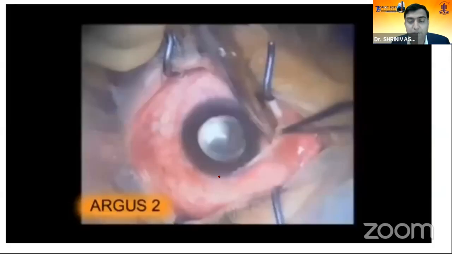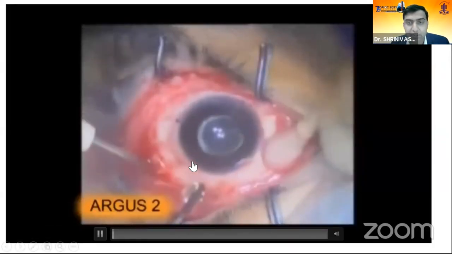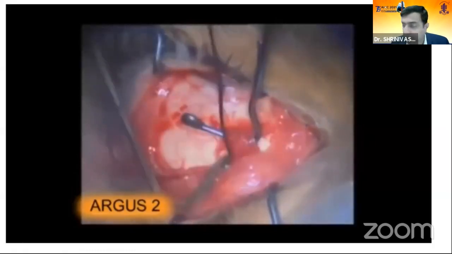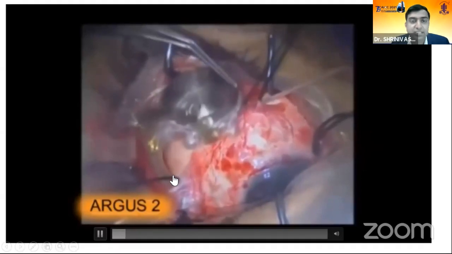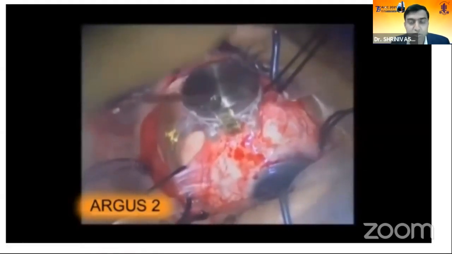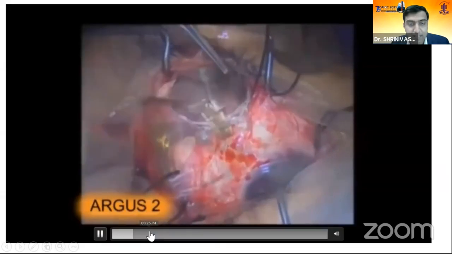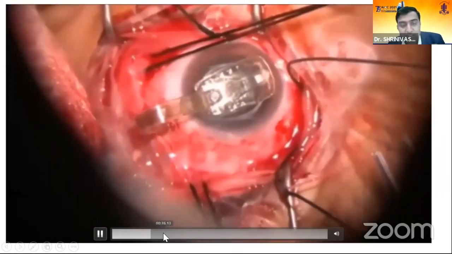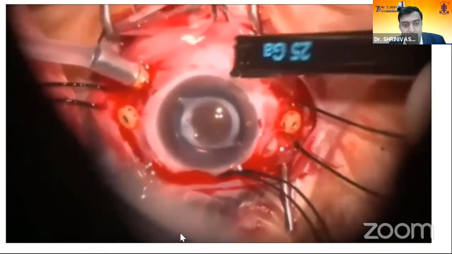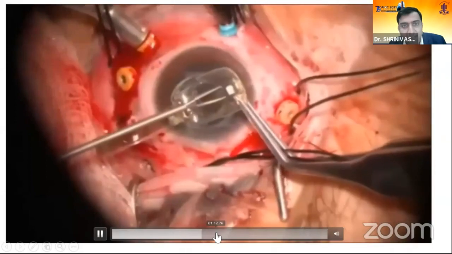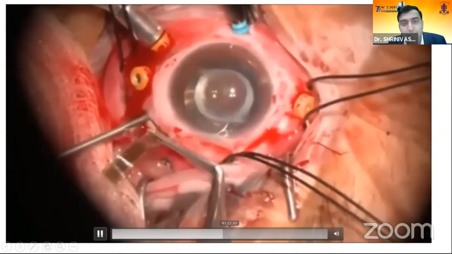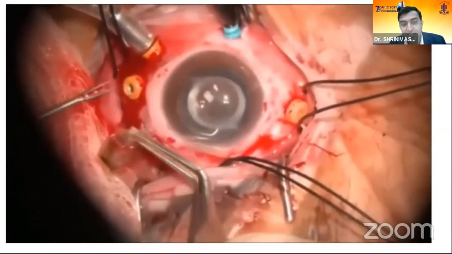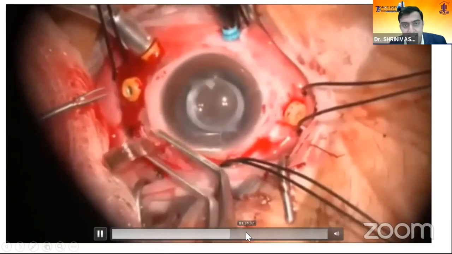I'll go on to the operative video, which is less than 30 seconds. Here we do a peritomy, and I'm thankful to my mentor, Dr. Robert Devaney, with whom I did a few of these surgeries together. Here you can see the internal coil, which is situated on the supratemporal aspect of the eye. This is the microelectrode tray, which has around 60 microelectrodes. It's important to do a vitrectomy and also peel the ERM, then slowly make an incision and insert the tray inside. These are silicone-tipped forceps because any metal forceps can destroy the electronic circuit. Then slowly roll it inside.